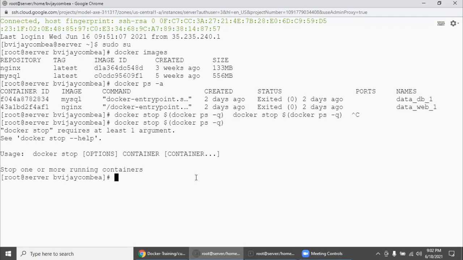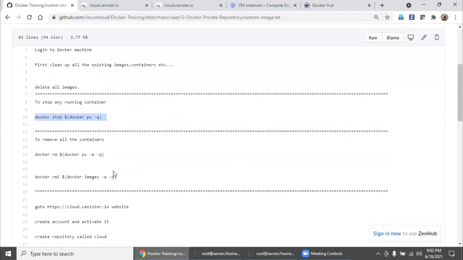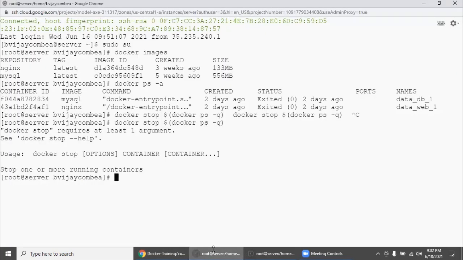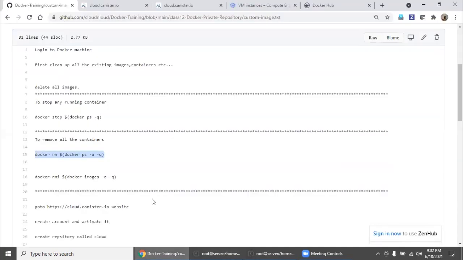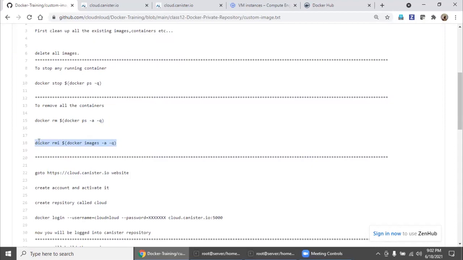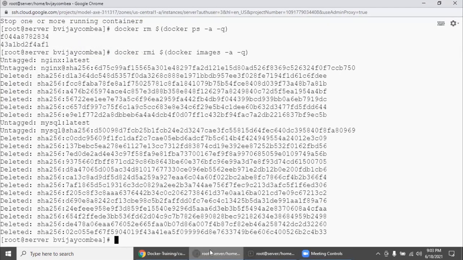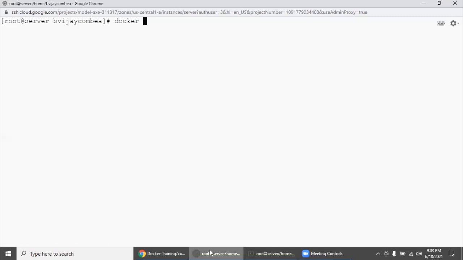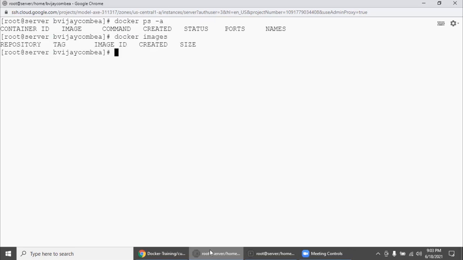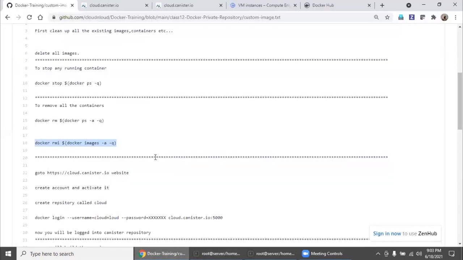It's not running, but still we ensure nothing is left out, so we are removing it. There are also no images. Now if you run docker ps -a, nothing is there. Docker images, nothing is there. Now we are good to go.